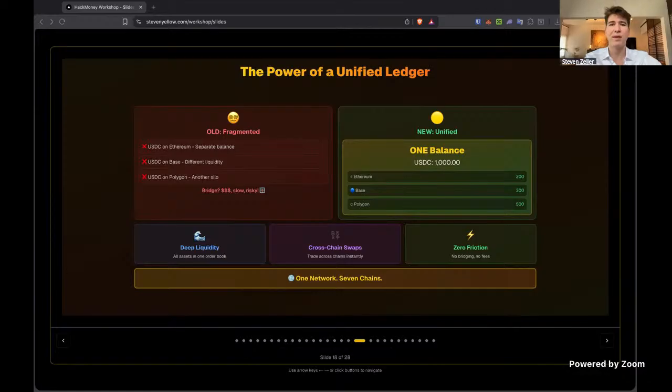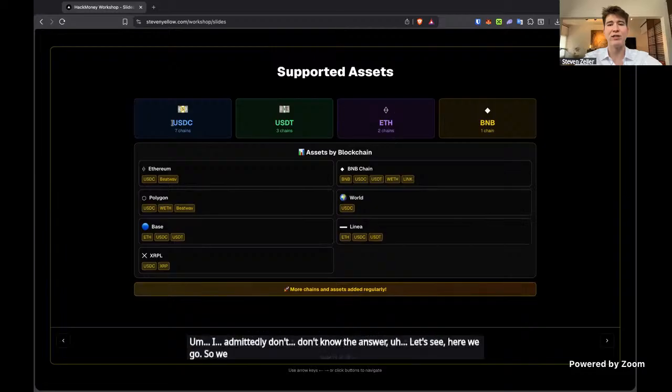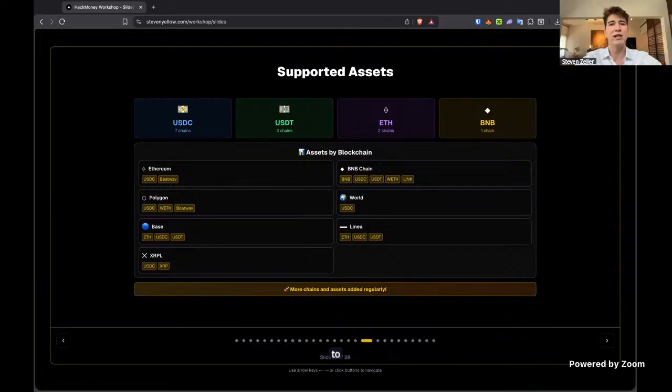Is Avalanche chain supported? Avalanche chain, that is EVM compatible, then it can very easily be supported. I admittedly don't know the answer. Let's see. Here we go. So we don't have Avalanche chain supported yet, but I assume we can deploy the same smart contract to that chain.